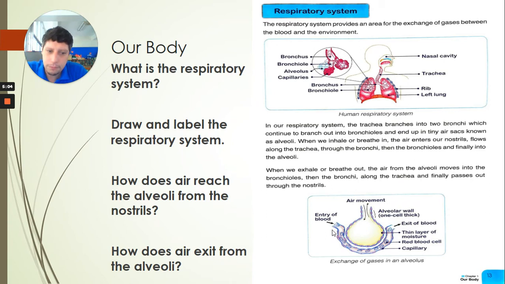And as you can see, blood enters one side, goes down around and exits the other side. As you can see here also, air comes in and air goes out. So this is like your lung. It's like a sack full of air, and around it you have blood that goes around it, okay? And there's a wall, and it's about a cell thick. So there's a thin layer of moisture, and then you have red blood cells and capillaries within that